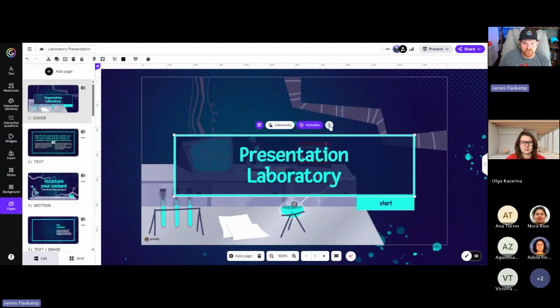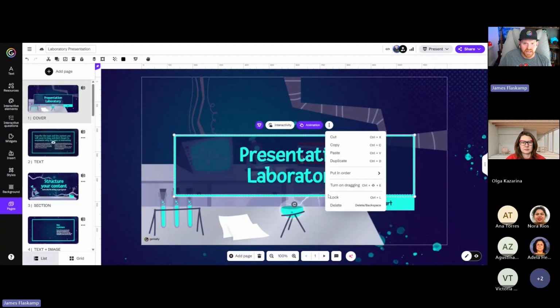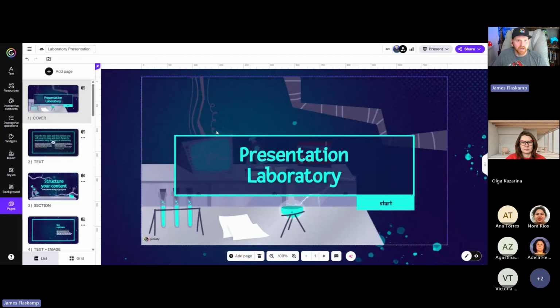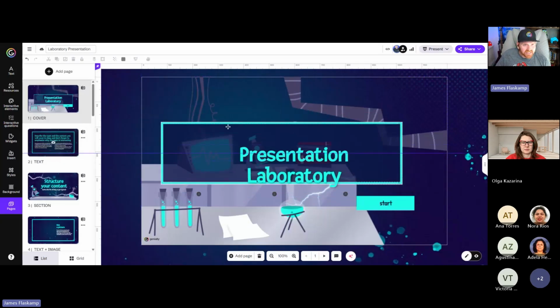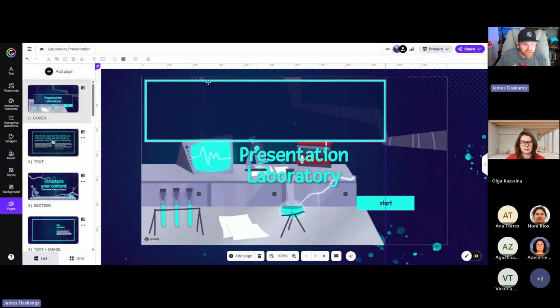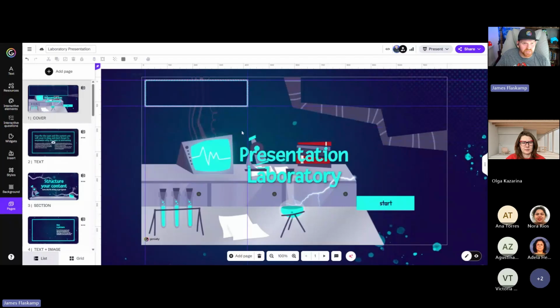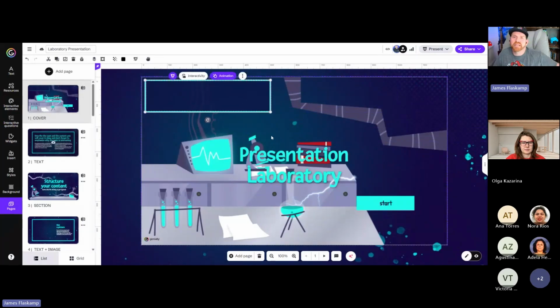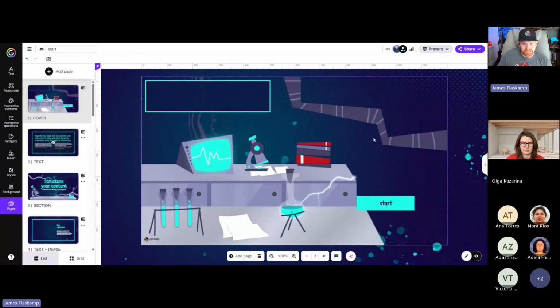You would just take your three dots here and do lock, or just do a Control L, however you want to do that. But yeah, you may or may not need to use that very often. Now, I'm going to take this text box and drag it up here. This is going to be, say, the first answer space where something's going to appear. I don't need this text anymore, so I'll delete that out.